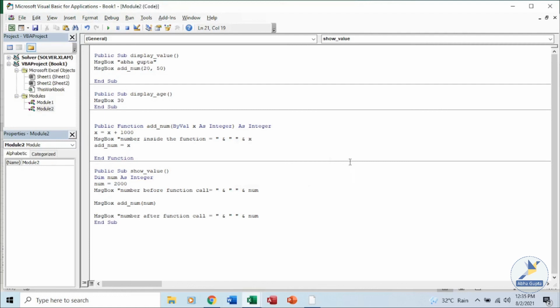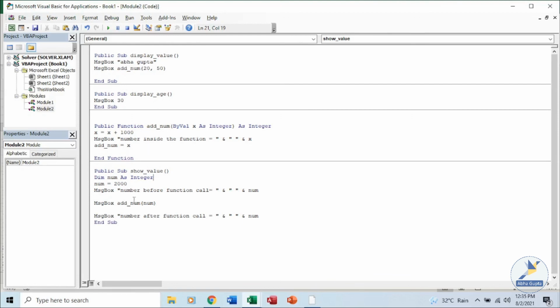You are taken back. Now we said that if we define the scope of a function as public, then it is available in all the modules. But if we make it private, it is available only inside the module where it is being used.